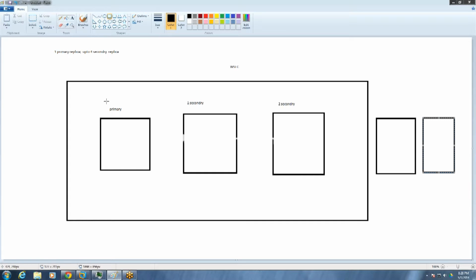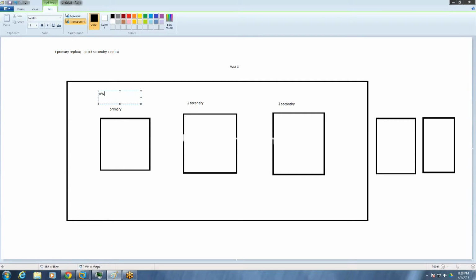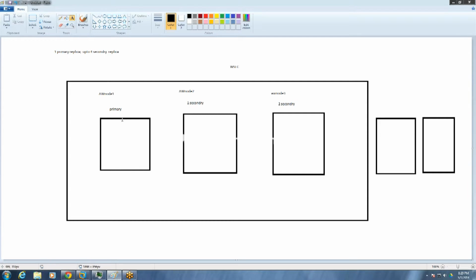Our first one is AW node 1, then we have the second node, AW node 2, then the third node, AW node 3. So that's our setup now. And we do have a domain controller, just for setting up the domain.